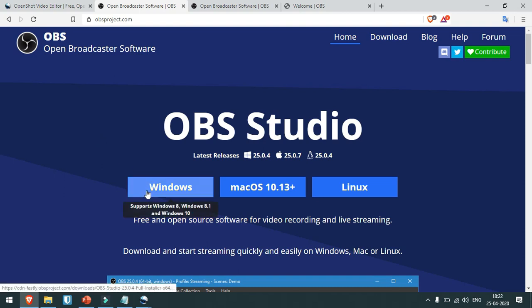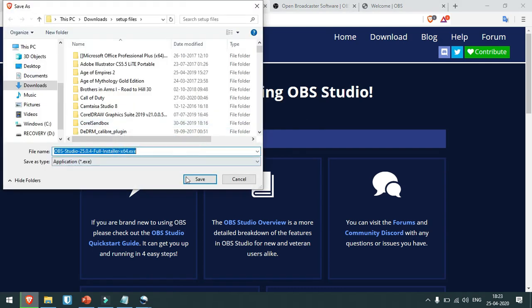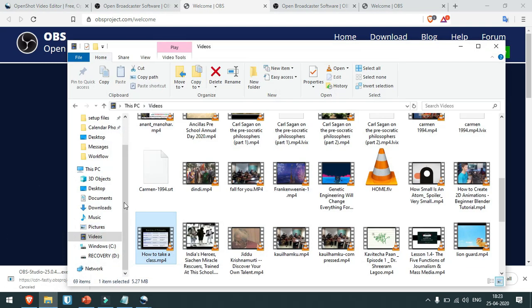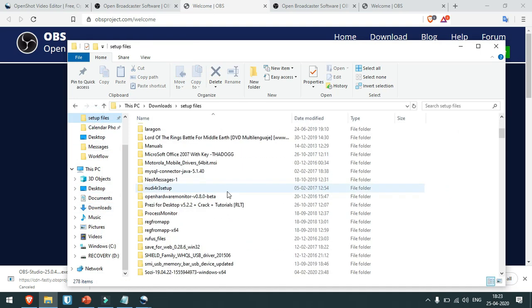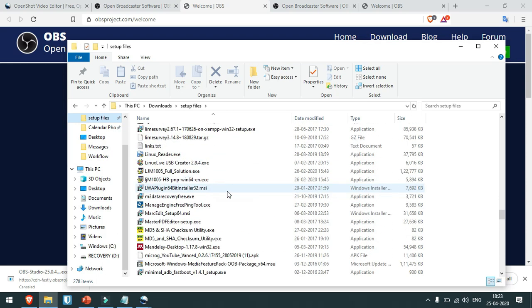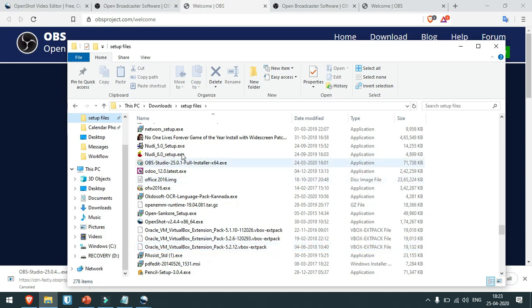You have to download it for Windows, and when you click on the download option, it'll start to give you this application. You say save, and it will start downloading. So I'm going to cancel this download because I already have this application with me. I've already downloaded it. It's here, the bottom one. There we go.